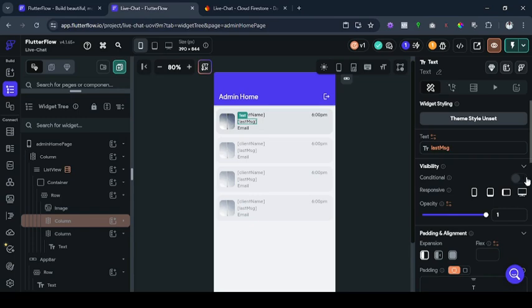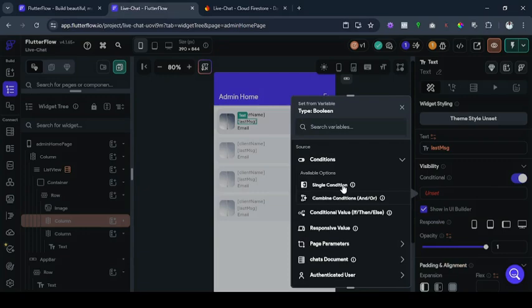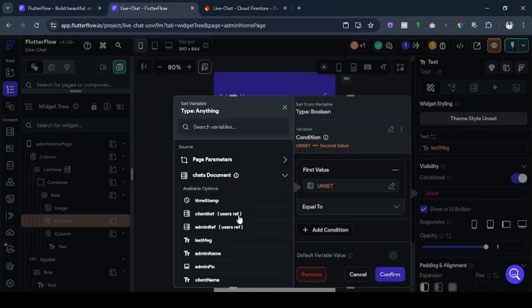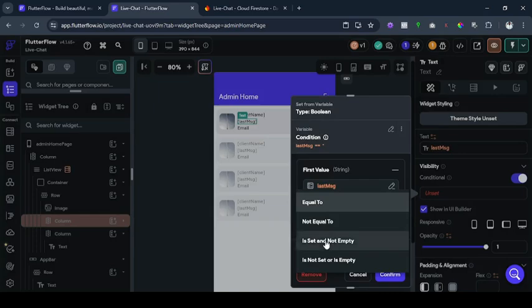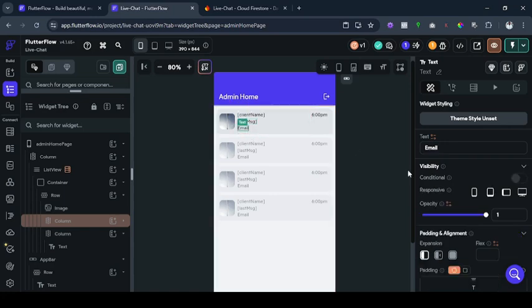Now we're going to make it conditionally visible, if the last message is set, although this might not be necessary because at the initial chat component the client must always write a message, so there will always be something there. Then